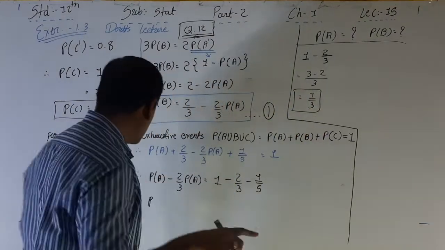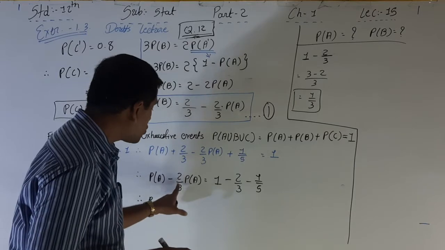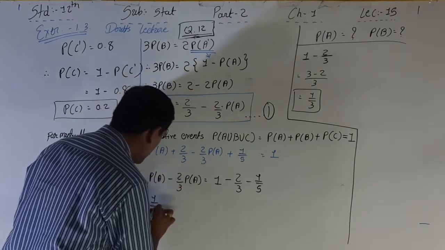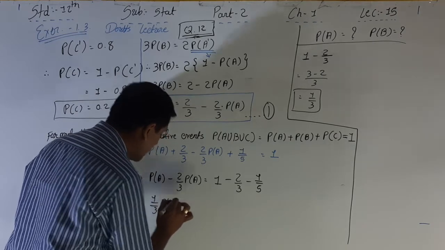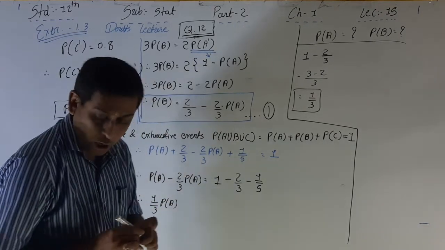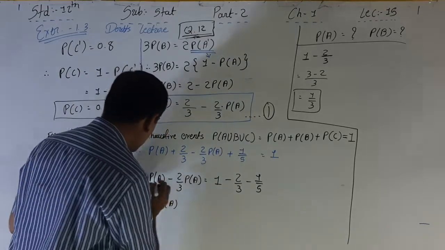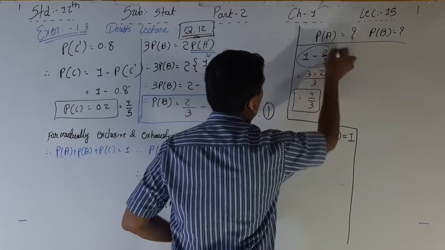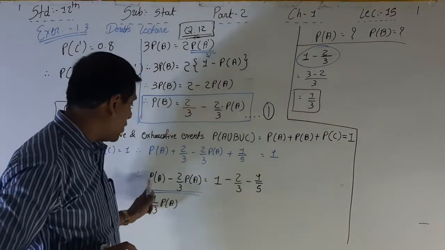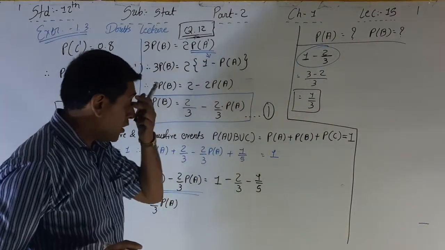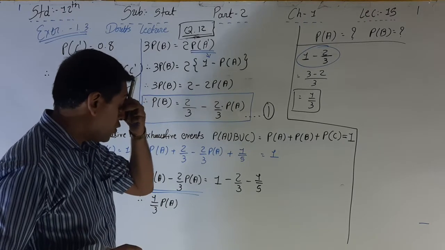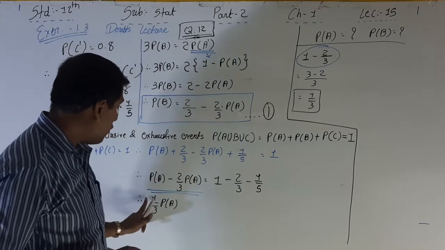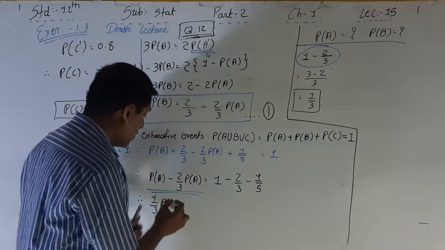So here we can say P of A minus 2 by 3 P of A is equal to 1 by 3 P of A. The simplification of this is here. 1 minus 2 by 3, that is 3 ones are 3, 3 is your LCM. So 3 minus 2 divided by 3, that is 1 by 3. So 1 by 3 P of A is equal to,